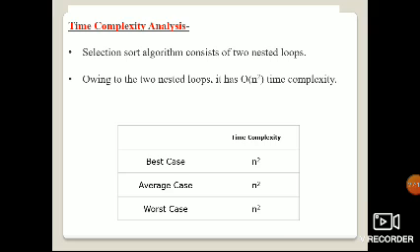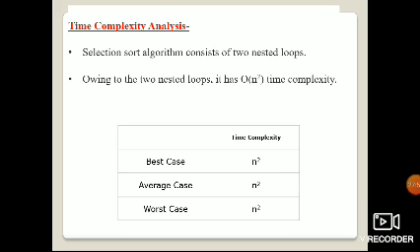Memory space is inversely proportional to the processing time. By reducing the space, processing time will increase. By increasing space, processing time will decrease. So depending on the space complexity, whether it is increasing or decreasing, we will see. Let's go to the selection sort. What time complexity will we be using? The selection sort algorithm consists of how many loops? 2 nested loops. So it has big O of n square time complexity.